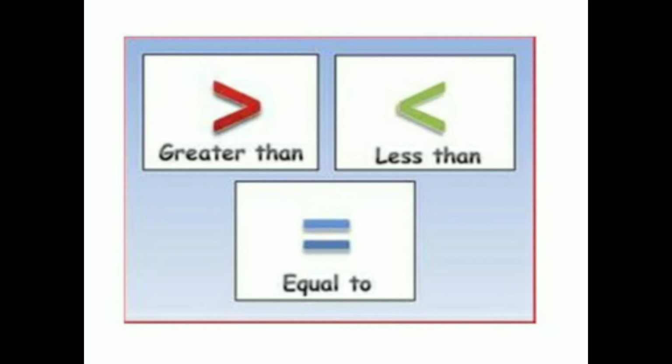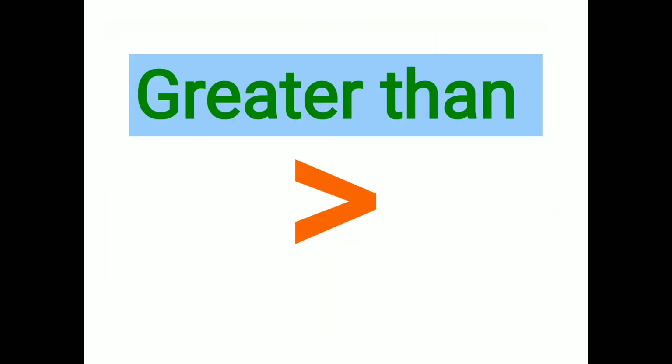When we compare the numbers, we use these three symbols: greater than, less than and equal to. Children, you must have heard the story of the hungry alligator in your previous class, who always wants to eat the bigger number. These symbols, greater than and less than, look like the alligator's mouth. Let's start with the first symbol, greater than. When we put the greater than symbol,